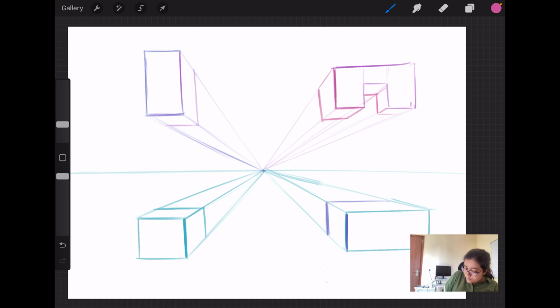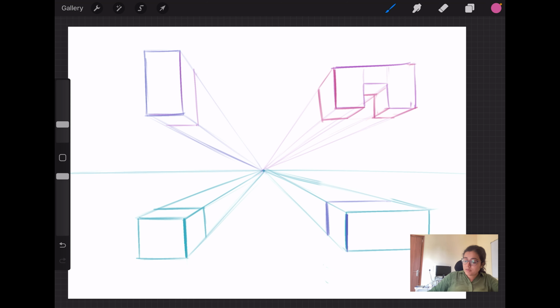See? I think I need to fix this a bit, and it will look something like this. See, that's how I got a different 3D shape. So a 3D shape isn't very hard. All you have to do is follow these three rules.